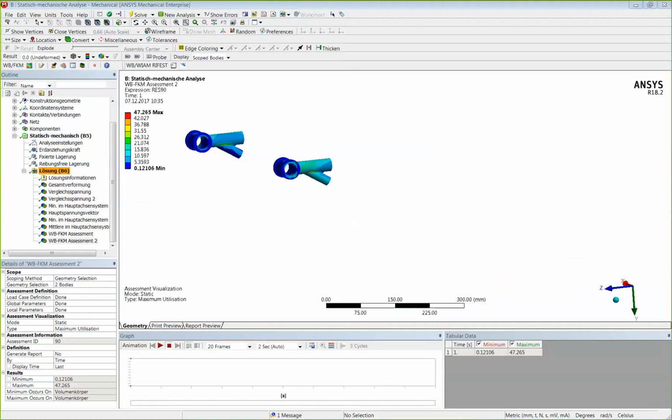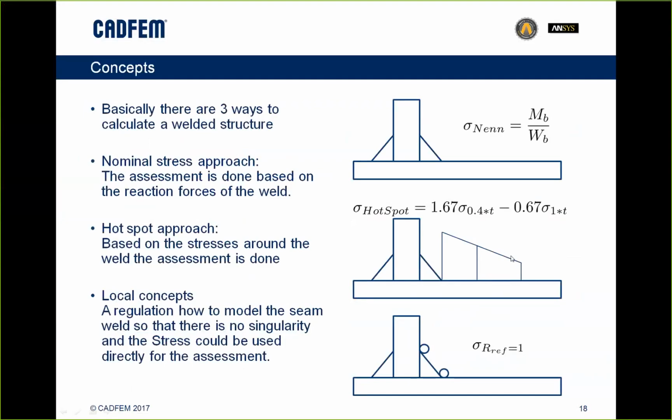Then let's switch to the welded part. And when we have welds, there's basically one major issue, and the major issue is we cannot get the stresses right at the beginning of the weld. There will always be a singularity, and a singularity has infinite stresses, and infinite stresses are hard to assess, other than to say, okay, it will fail, but not all of our parts will fail because of singularity. And for that reason, there are three basic concepts in FKM, but also in every other